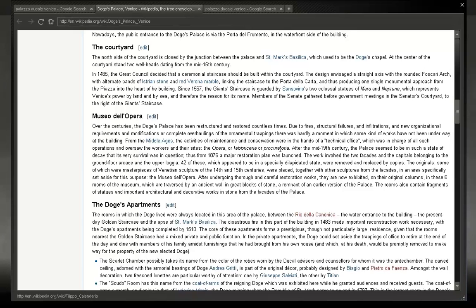Thus, from 1876, a major restoration plan was launched. The plan involved the two facades, and the capitals belonging to the ground floor located in the upper loggia. 42 of these, which appeared to be in an especially dilapidated state, were removed and replaced by copies. The originals, some of which were masterpieces of Venetian sculpture of the 14th and 15th centuries, were placed together with